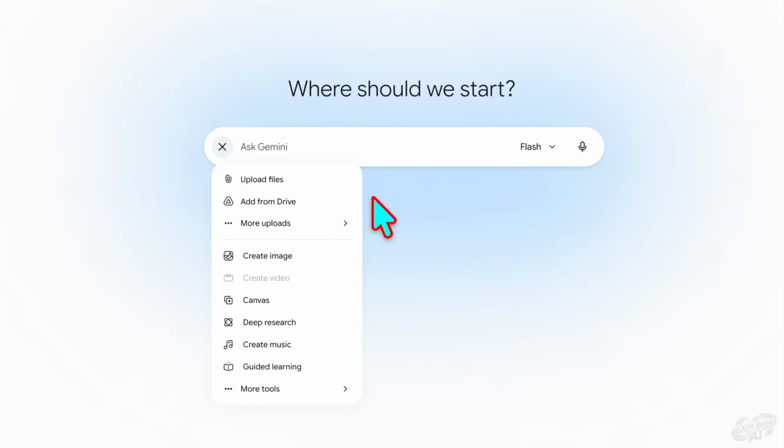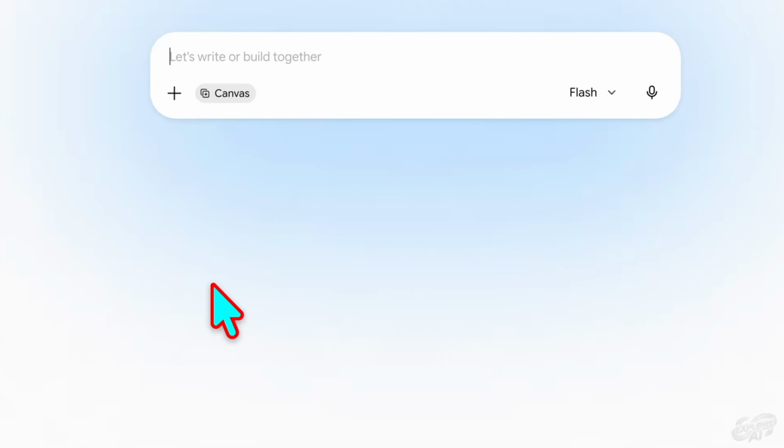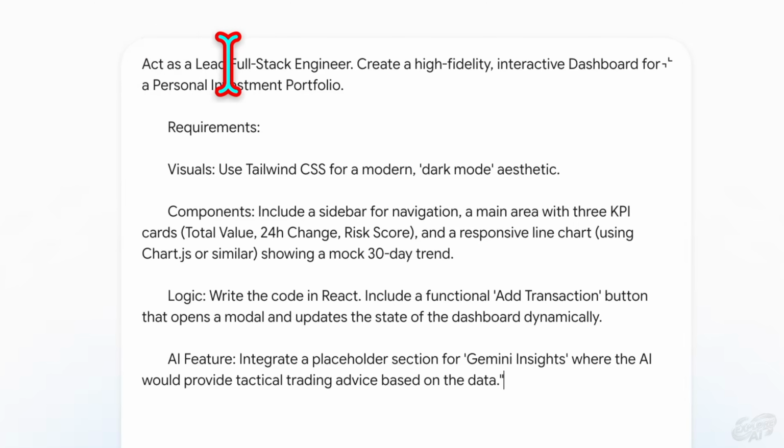Let's go to the new chat. Let's select canvas from here. Let's give a prompt. We are just saying that, act as a lead full stack engineer. Create a high-fidelity interactive dashboard for a personal investment portfolio. These are the requirements, visuals. Use Tailwind CSS for a modern dark mode components, include a sidebar for navigation, a line chart using Chart.js, etc.,